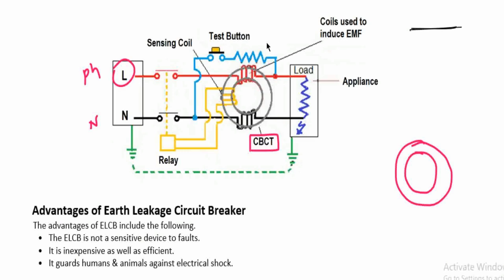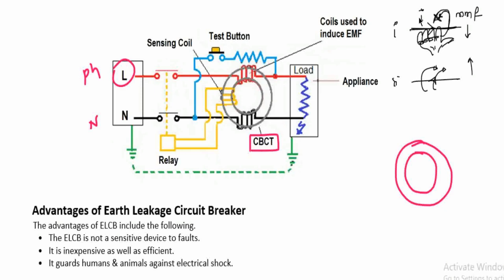Let us take one conductor with a current I flowing through it. If you apply the right hand thumb rule, the thumb will be in the direction of current, and our curled fingers will indicate the direction of magnetic flux. This is the MMF, in this direction. If you change the direction of the current, the direction of the MMF will be reversed. So for the first case it is downward, for the second case it is upward. This is very important.